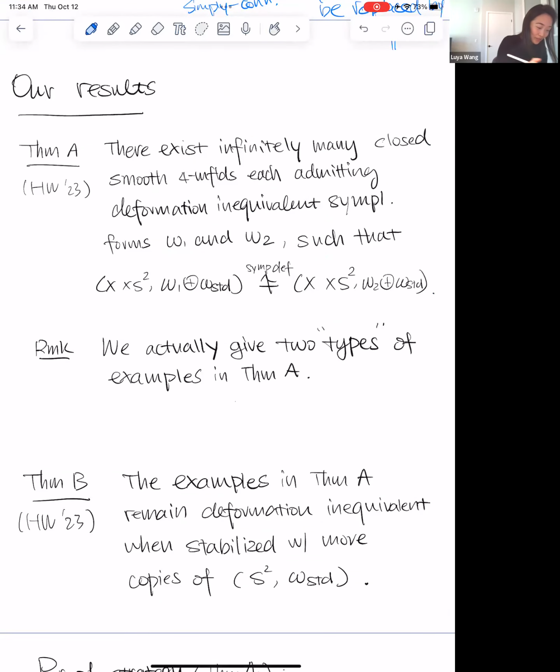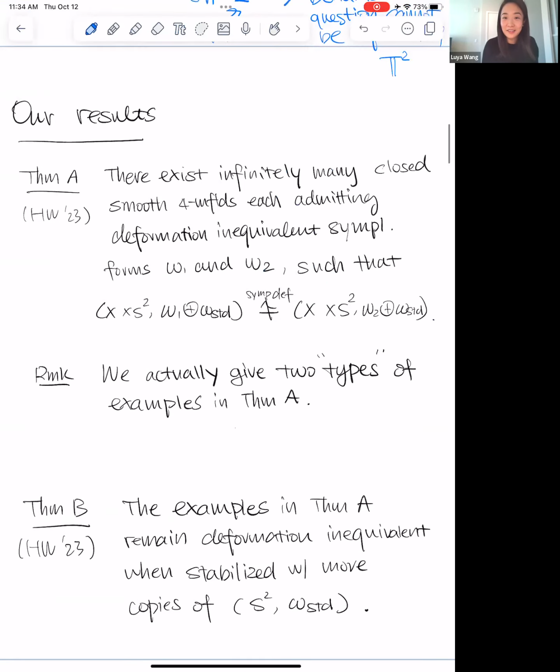So our result shows that, maybe I should pause on the, maybe there are some corrections of the history. I only learned from reading papers, so okay. So let me tell you about our results. So the main theorem, theorem